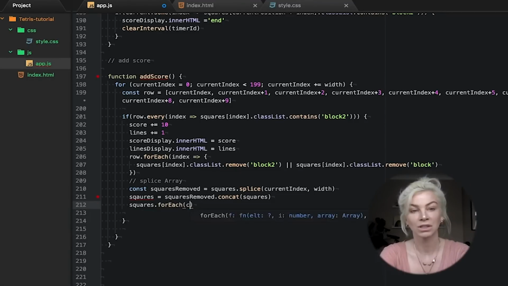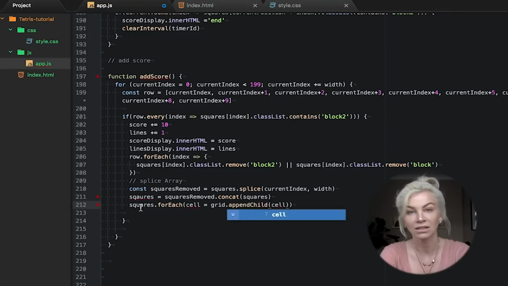Now that's done, we will need to use append child to add a new row to the top of our grid, visually appearing as if nothing got removed or added in the first place.